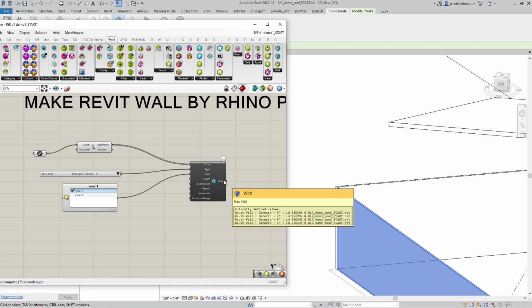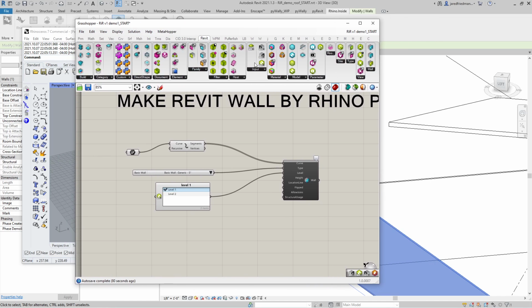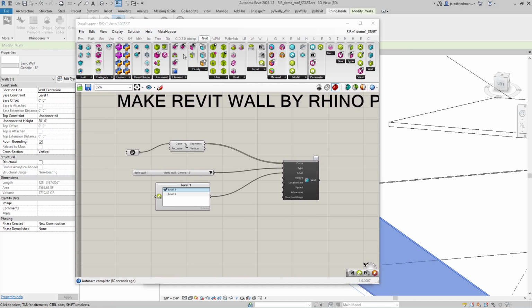As you're working, another common thing after you create an element, so now we've created these wall elements in Revit, is that we might want to change some properties. So let's say instead of the wall being top constraint of unconnected, we actually want that top constraint to be level 2. So we can,